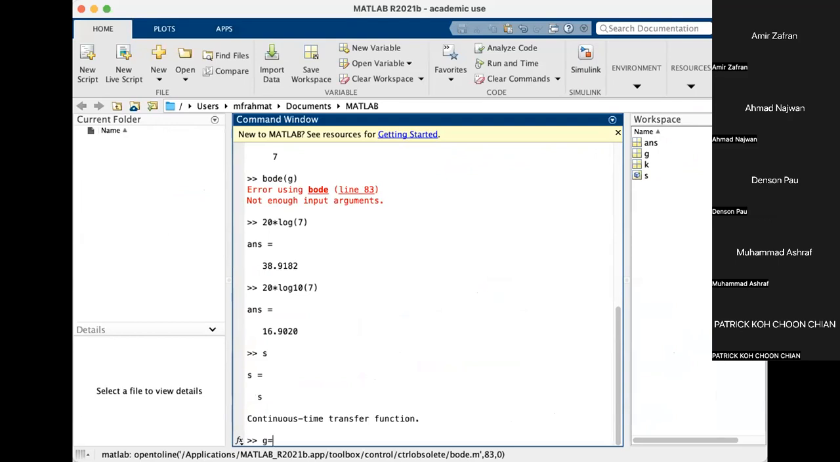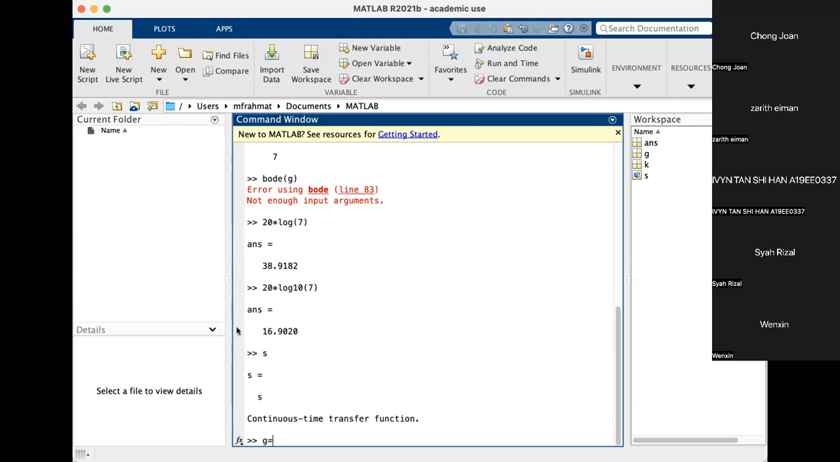Patrick Ko, not here. Ivan, can you read for me the transfer functions? Ivan Tan, not here. Sharizal, Sharizal, not here. Wenjin, Wenjin,